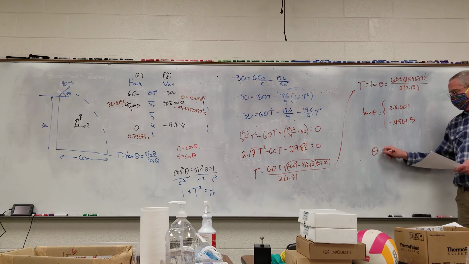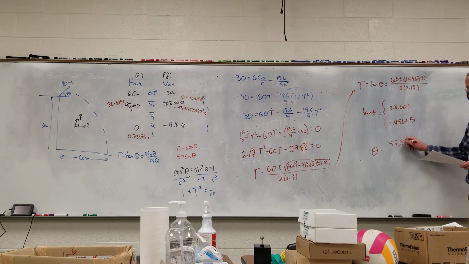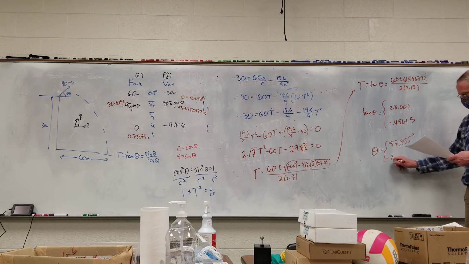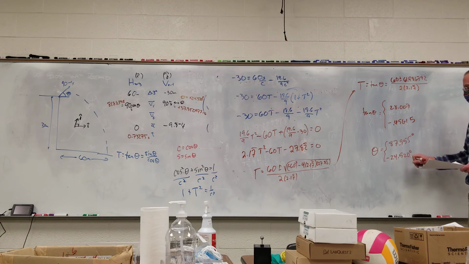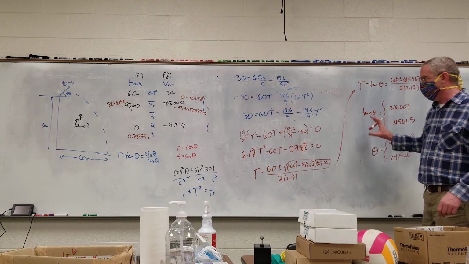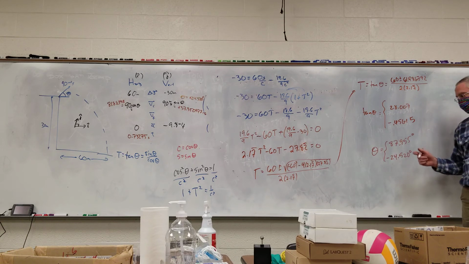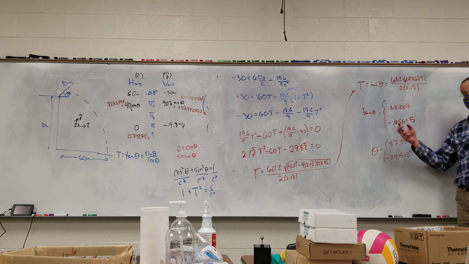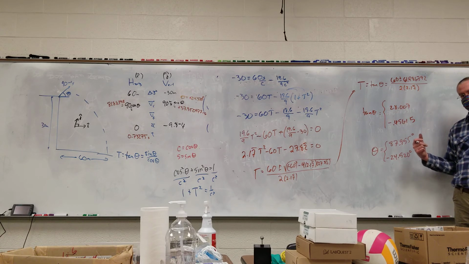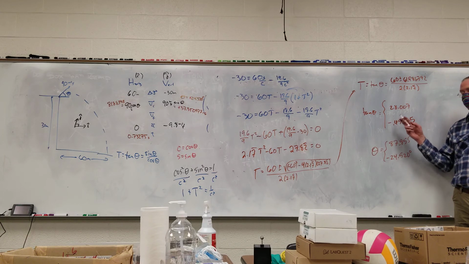And that would translate into an angle being 87.955 degrees or negative 24.520 degrees. So if we did the tangent way, which is shorter mathematically, you still have to use a quadratic, and the negative pops out of it. But if we use cosine or sine, the same thing would have happened, that we would have had to either think through it or do a quick check to make sure whether the positive or negative solution is accurate. Here we don't have the plus or minus issue because tangent is positive in the first and third quadrant,